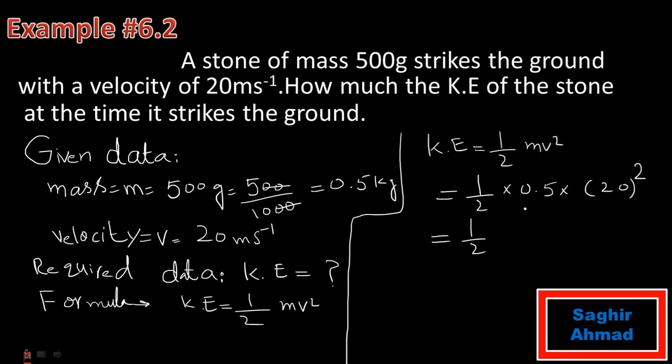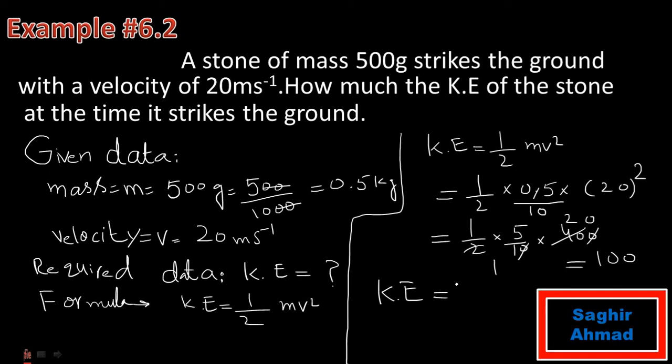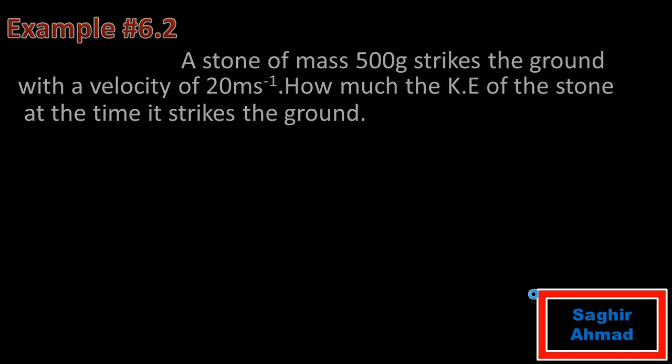Here I get 1/2. The point cancels out, and we write 1 in place of the point, and 5. There is 1 digit on the right side of the decimal, that's why we place 10. Here 5/10 multiplied by 20 square, which is equal to 400. 0 cancels 0, 2 1 the 2, 2 2 the 4. 20 multiplied by 5 is equal to 100. So this is the answer. And you know that kinetic energy is a form of energy, and the unit of energy is joule. So the kinetic energy is 100 joule.